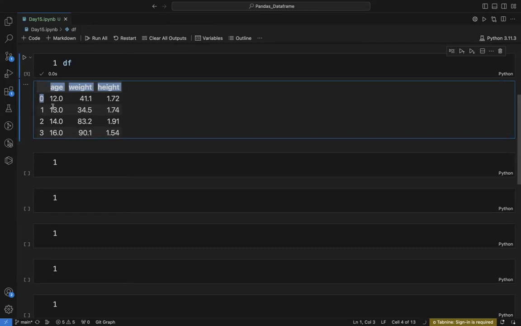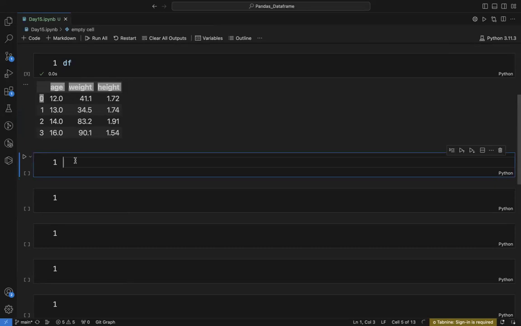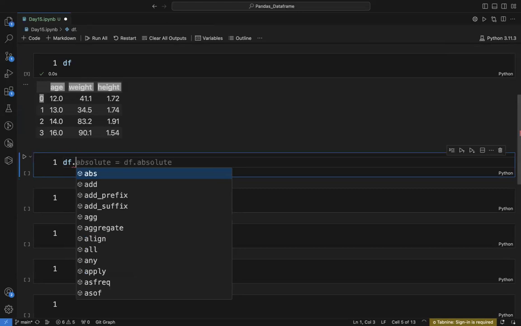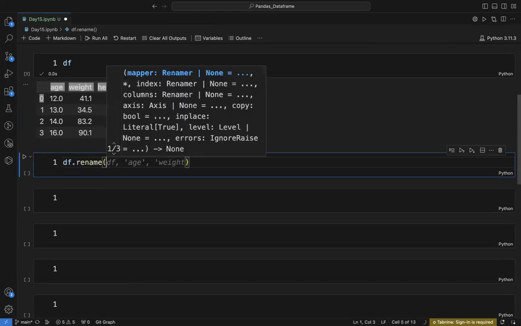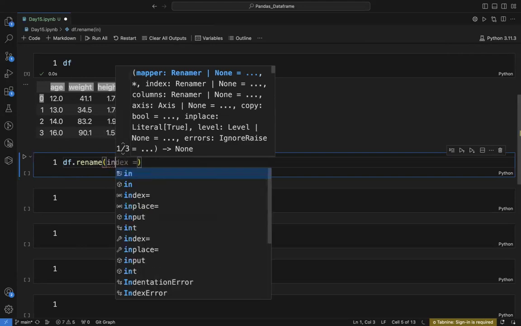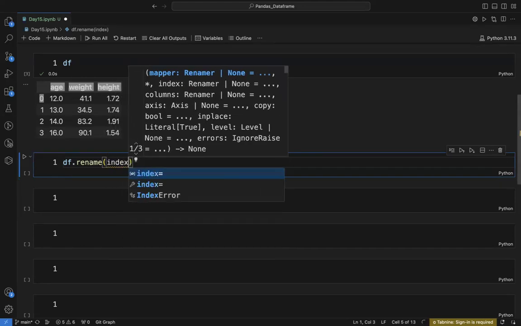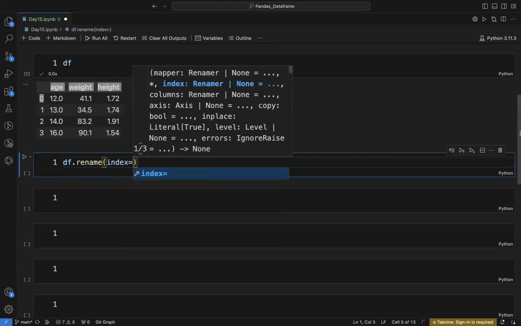If we want to rename our index level, we could say df.rename, and thereafter inside the brackets I will put index is equal to,